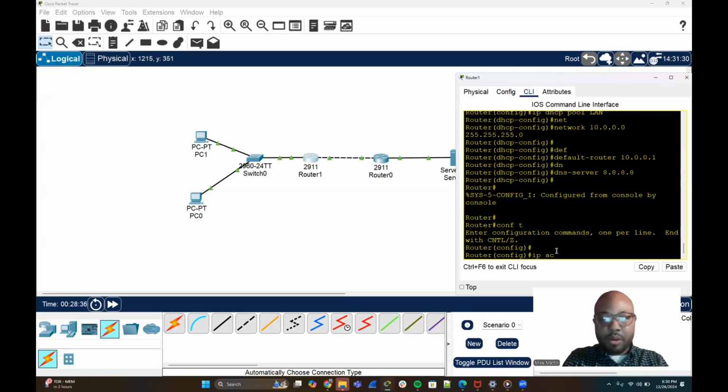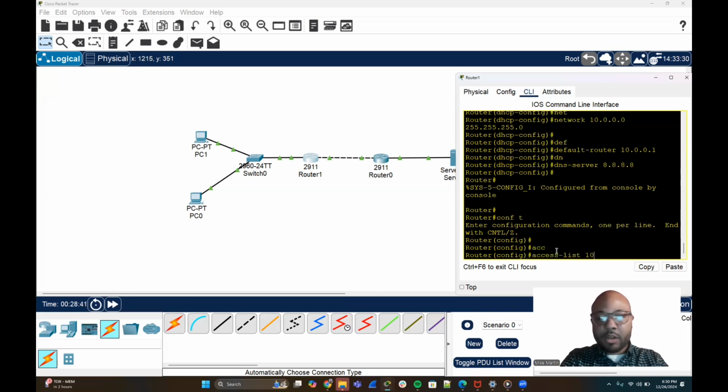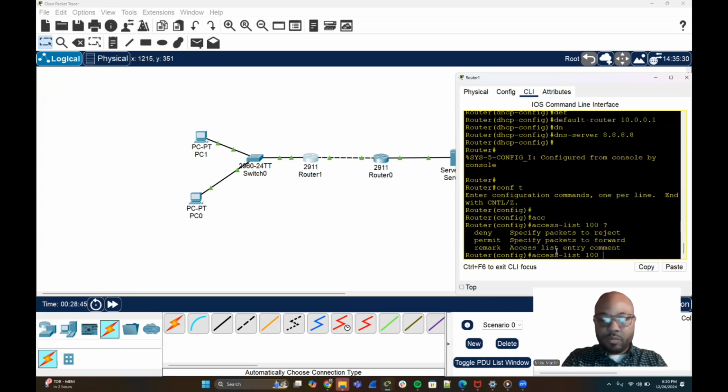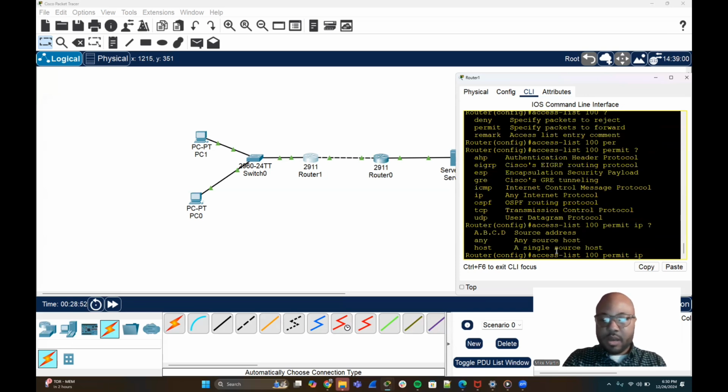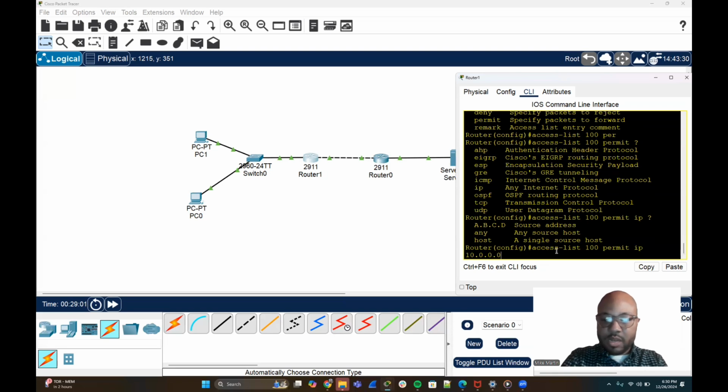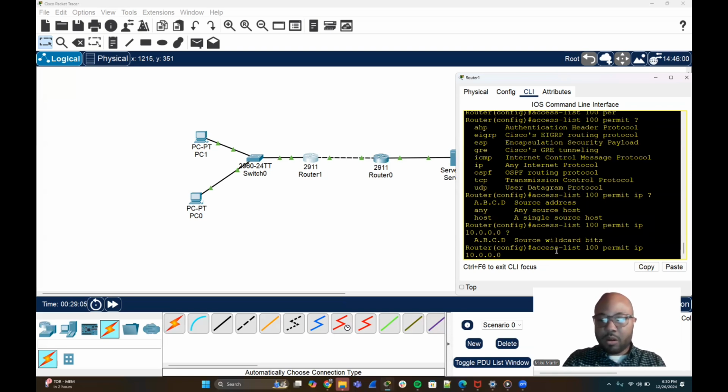So we're going to do IP, so we're actually going to do access list. I'm going to use the extended access list. So access list 100. I'm going to put permit. And we're going to do IP. We're going to do this network. So is that a wildcard? Let me make sure if that's not a wildcard. Okay, it is a wildcard. So we're going to do